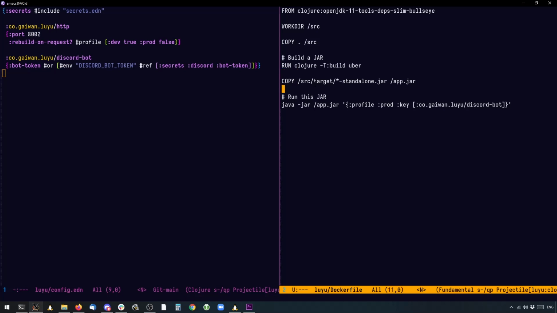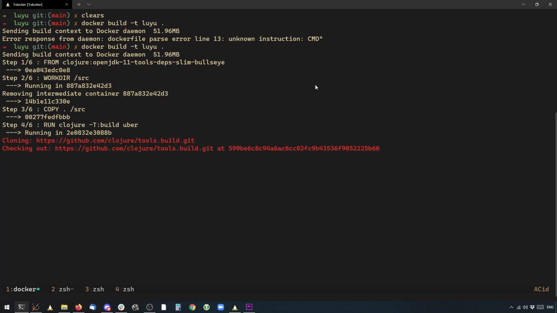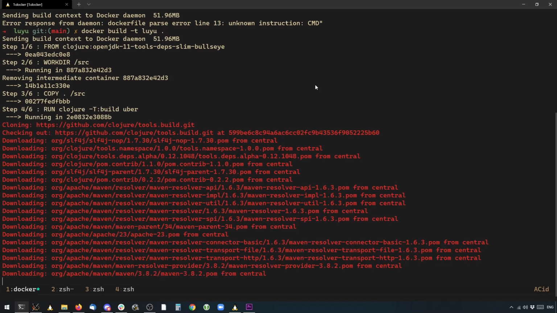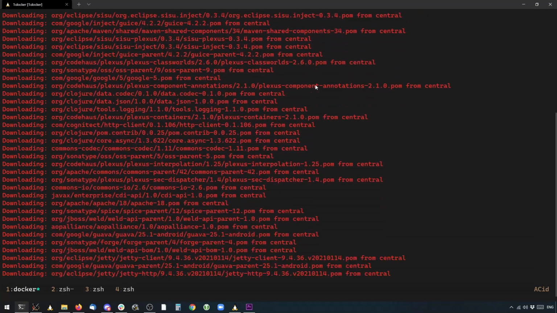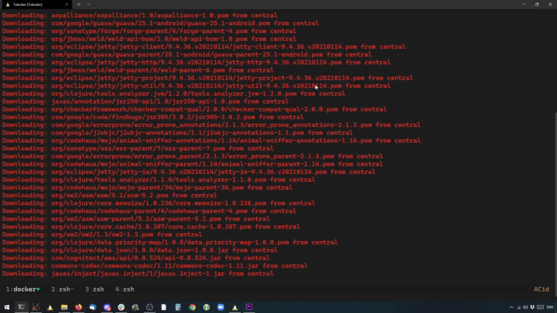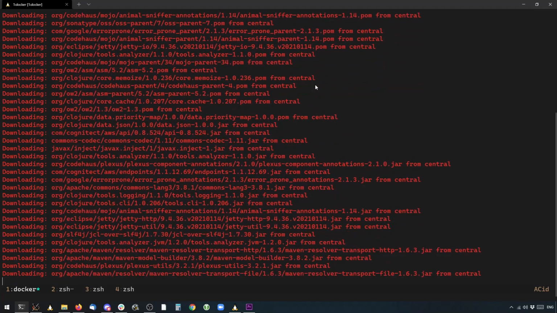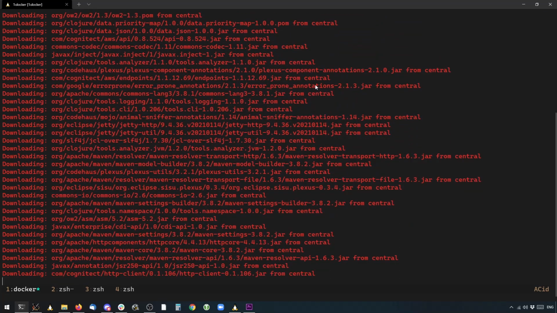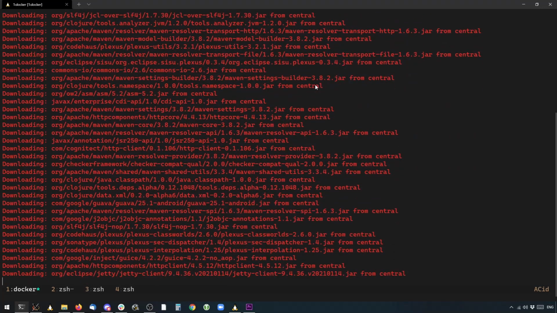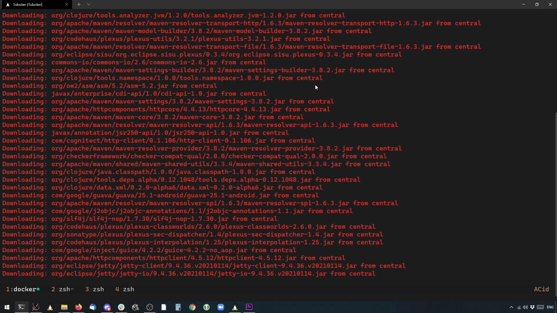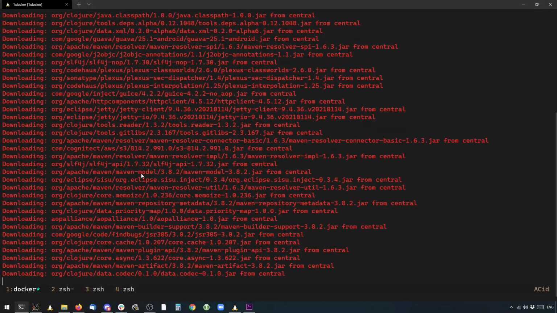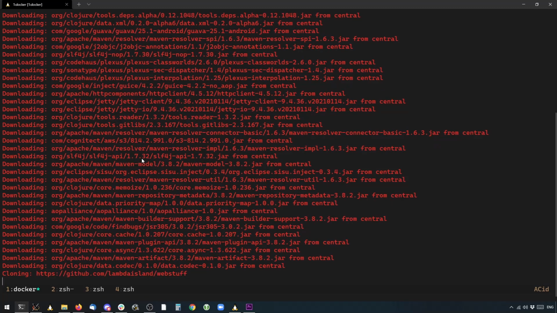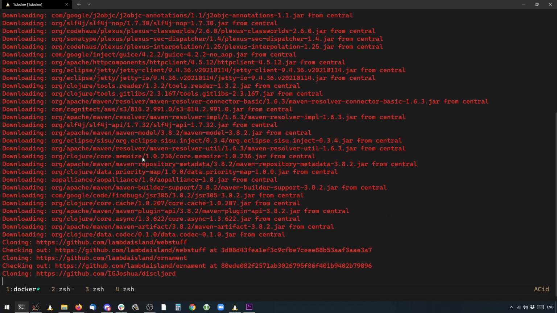Okay, so now the difference here is that all of this downloading stuff, the building process, is going to happen at the time of creation of this image, not at runtime. So that is a huge improvement, I believe. So let this happen. Ideally, we can also hook this up with GitHub Actions. Maybe I can do that in the future.